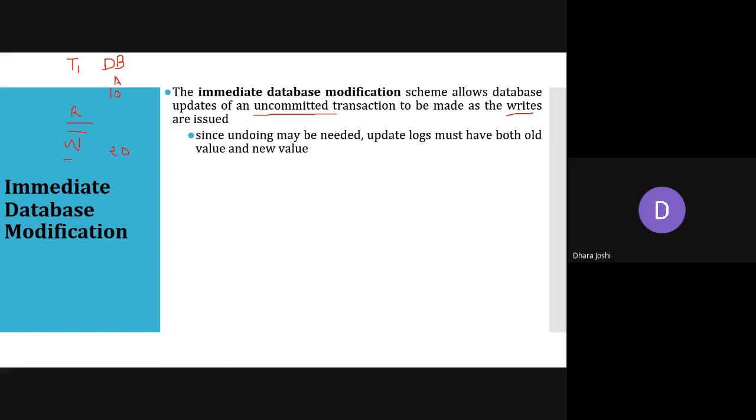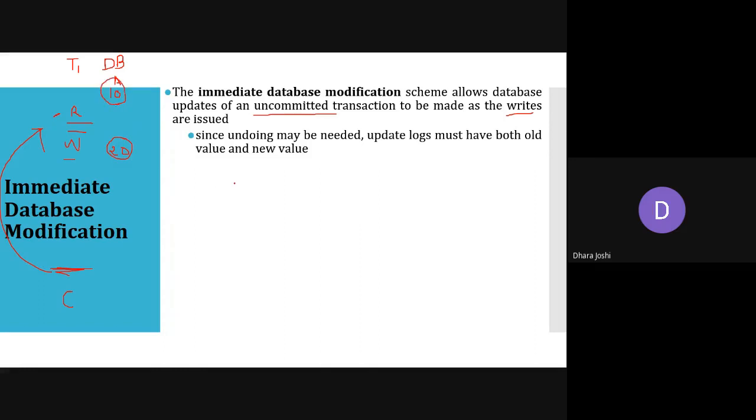Again it does some operation, and suppose commit would be here. But at this place we face a failure and we need to undo the operation, starting again from the first point. That's why we need to change the database too. The database now has the value 20, but the actual value is 10.